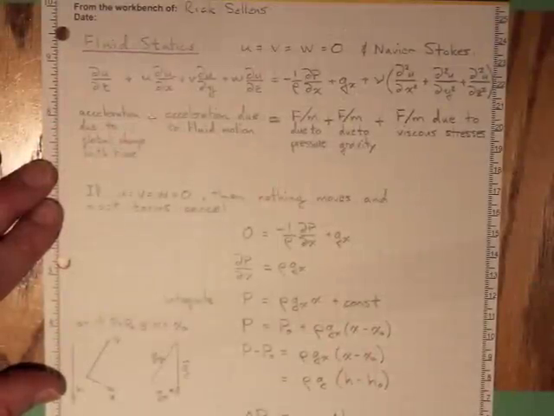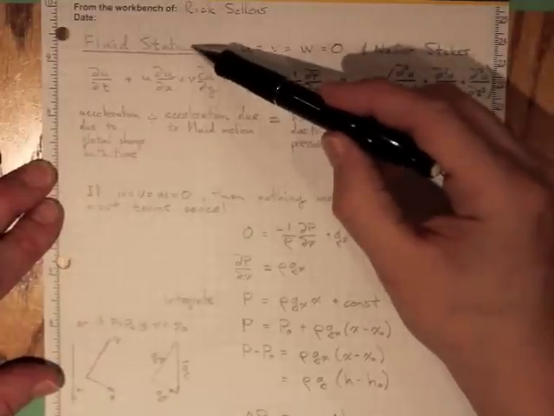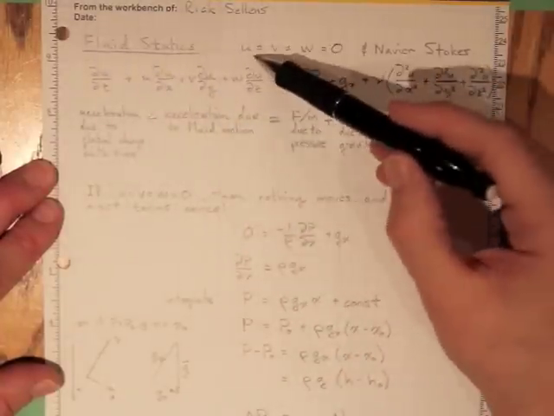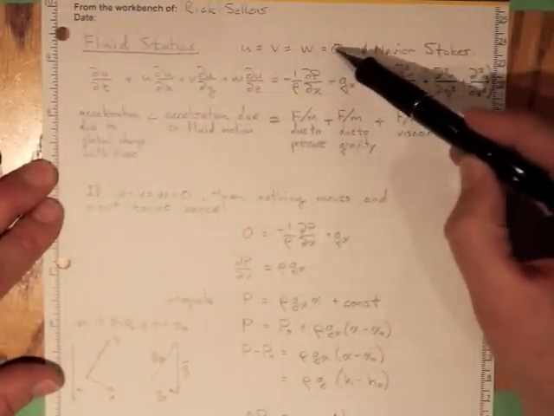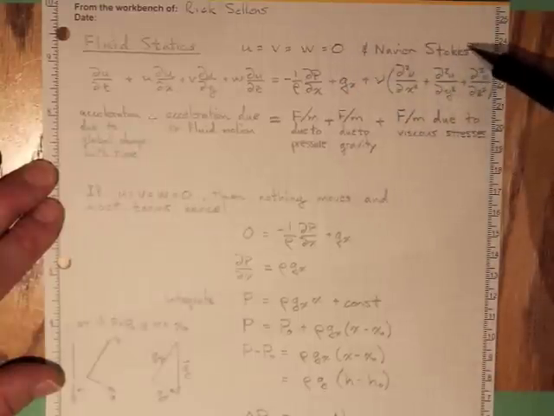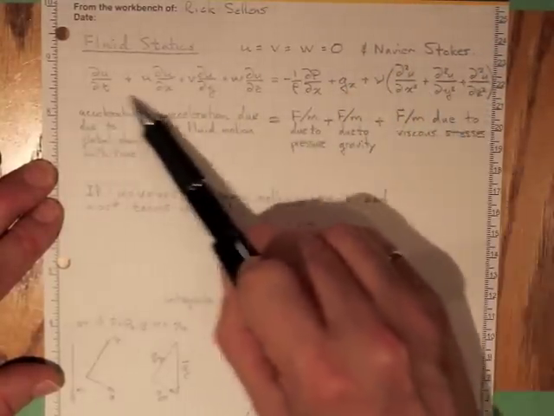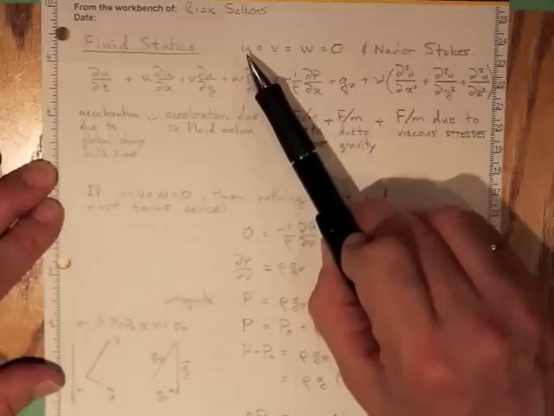There's two different ways, at least, that we can get to the ideas of fluid statics. Fluid statics are the rules that govern when there's no velocity. The u component, v component, and w component are all equal to 0. So if we take the Navier-Stokes equations, which we know are very general and apply to all flows, and u,